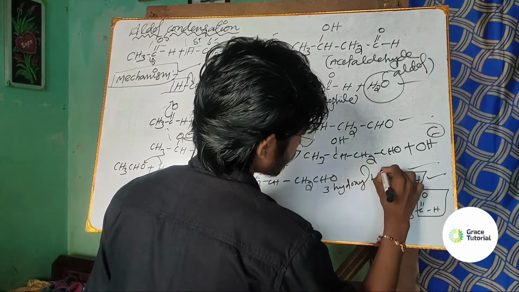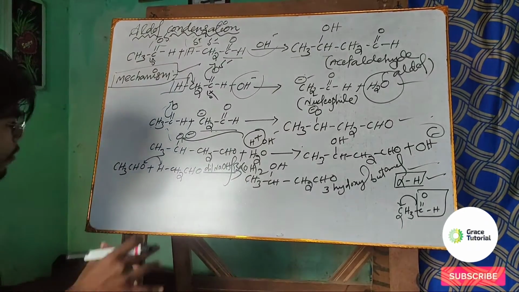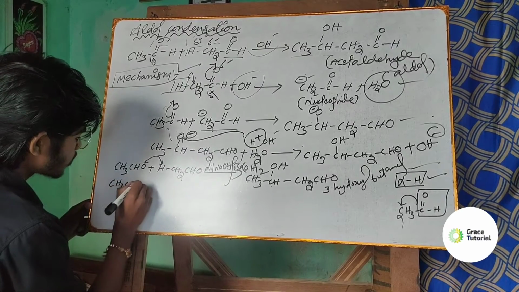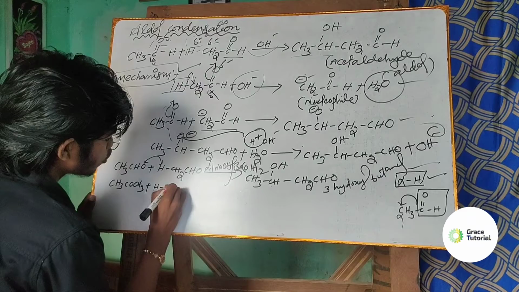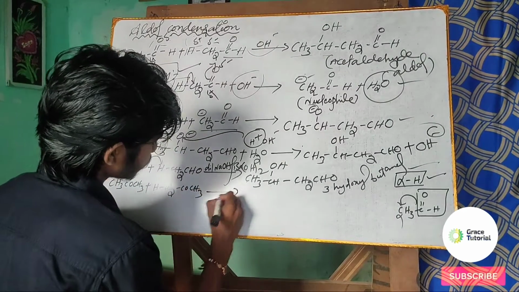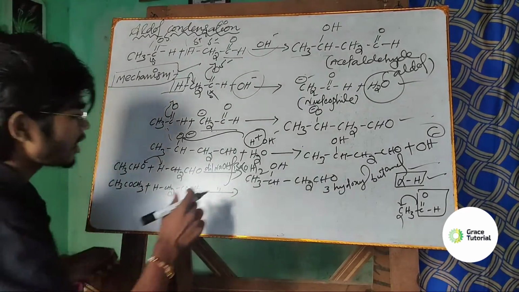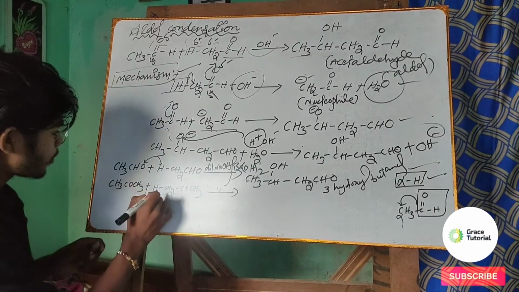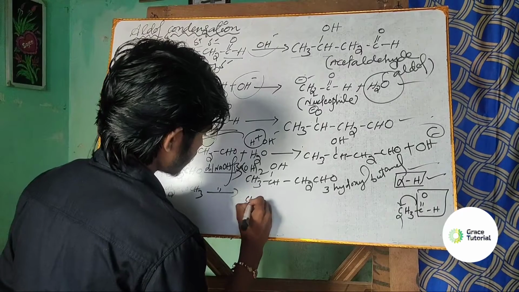3-hydroxy butanol. Similarly, if I react acetone, CH3 CO CH3, with another CH3 CO CH3, both are acetones. If I react them together in the presence of dilute NaOH or barium hydroxide, what happens basically? The OH, that means CH3,